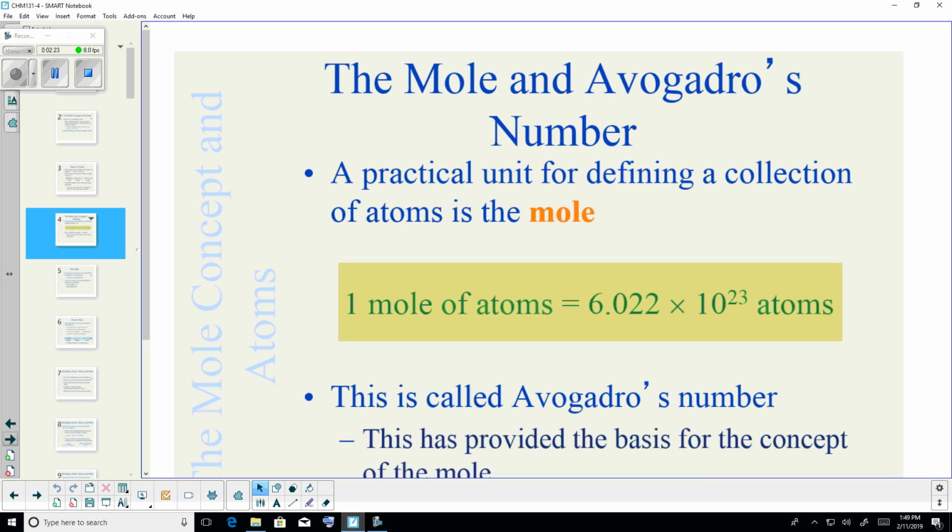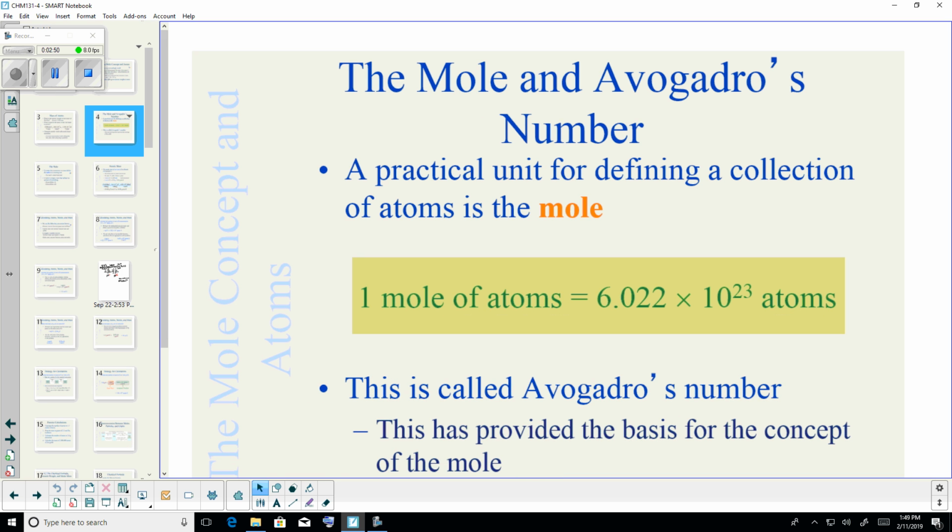So if I had a mole of oranges, how many oranges would I have? 6.022 times 10 to the 23rd. If I had 6.022 times 10 to the 23rd avocados, how many avocados would I have? 1 mole. But since they're avocados, it's probably a guacamole. No? Okay. All right. I know, but